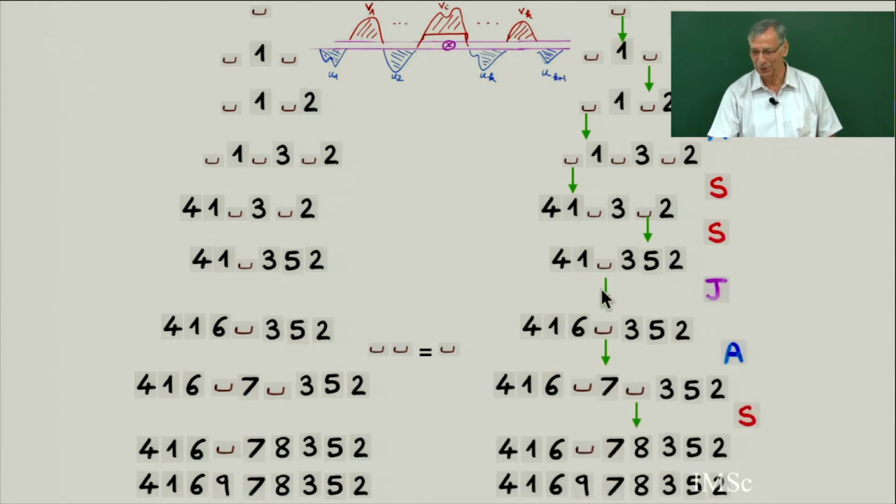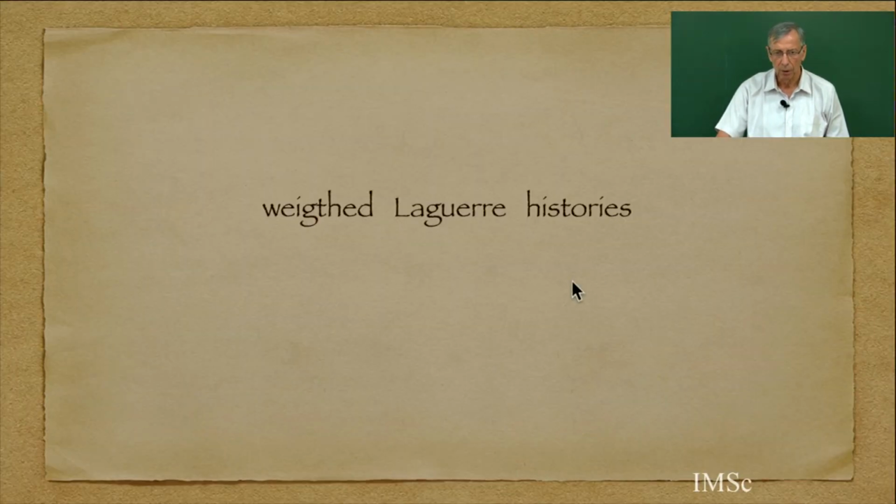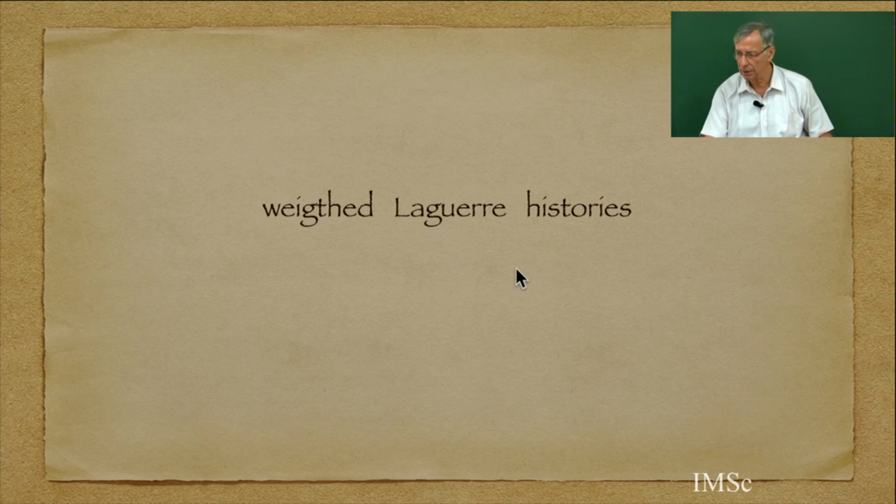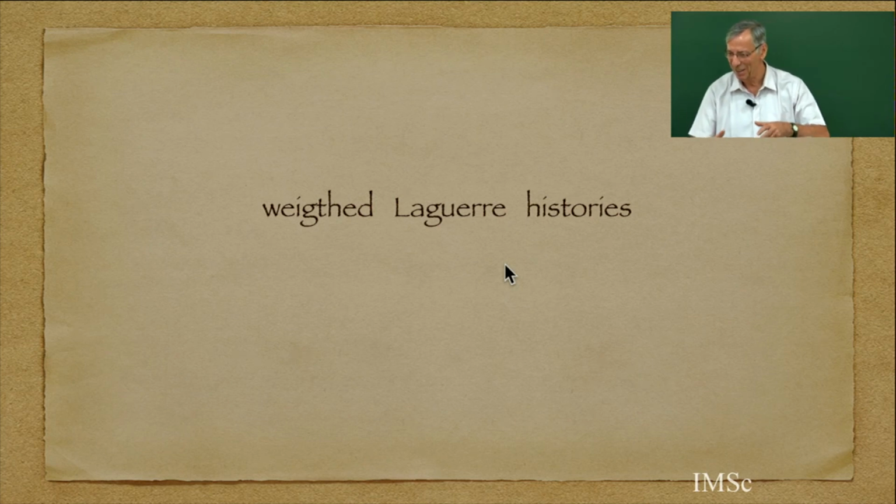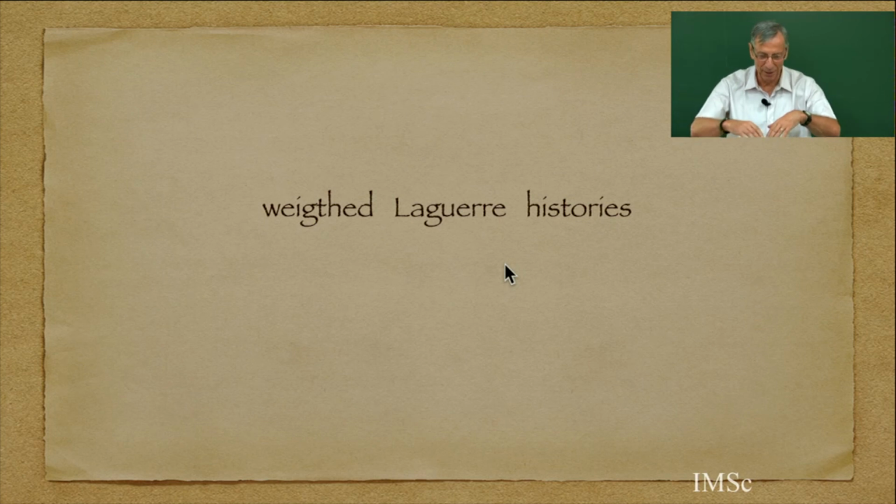And these yellow edges, which were in the local rule for the PASEP algebra, there was a big chapter at the end, there was this very complicated bijection with local rules. They come from this Laguerre history. And I will use weighted Laguerre history. Because at the beginning, people were working with weighted paths. But this is complicated because I have a path which is weighted by k plus 1, etc., to k plus 2. So the weight is given by the Laguerre moments.